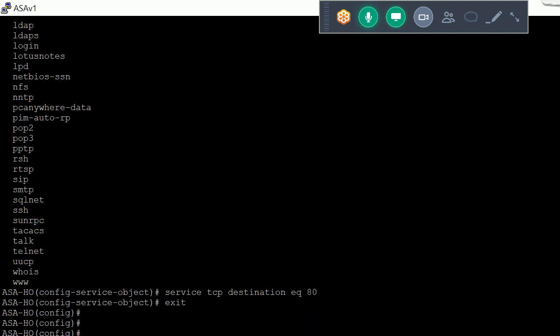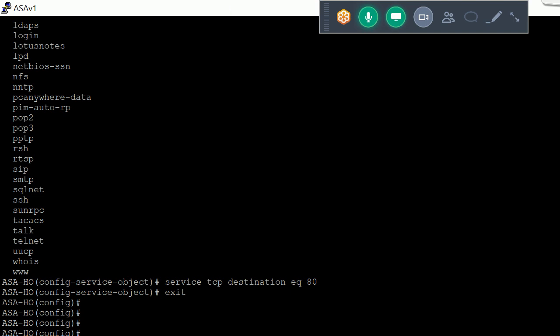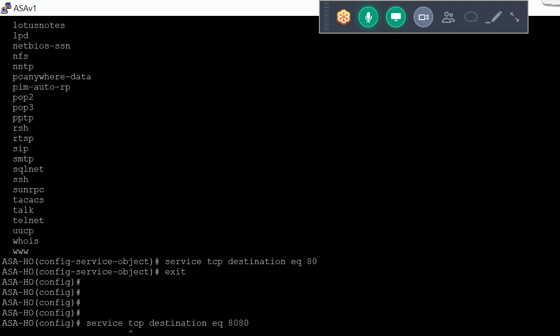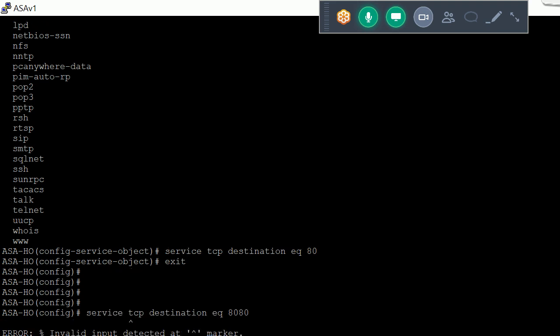Now same for the telnet service: DMZ telnet on 23, service TCP destination equals 23.